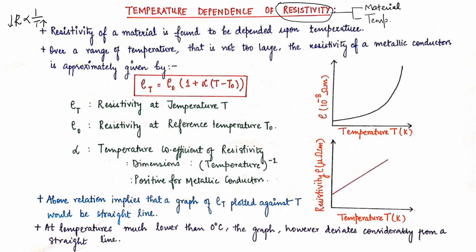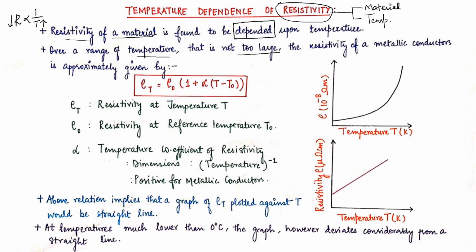What does it mean? It means that in case we are increasing the temperature, we are allowing more current to flow. So in that case, what we are exactly doing is reducing the resisting power of that material. So first of all, resistivity of a material is found to be dependent upon temperature. Over a range of temperature that is not too large, the resistivity of a metallic conductor is approximately given by